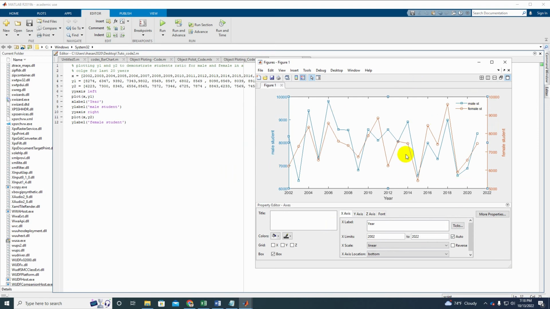So this is one way you can plot two y-axes. I mean, there are basically 3 data sets. One is the year, one is the male student, and the other one is the female student. All are demonstrated simultaneously in a single graph. So this looks fine, I would say. If you wanna export it,